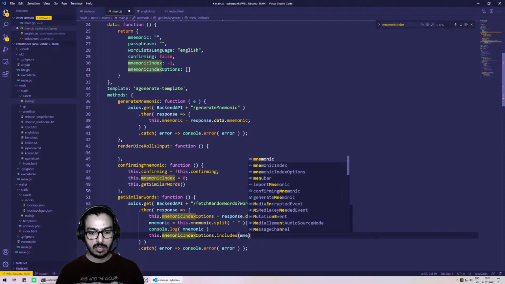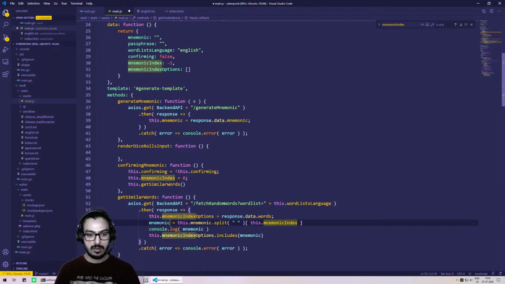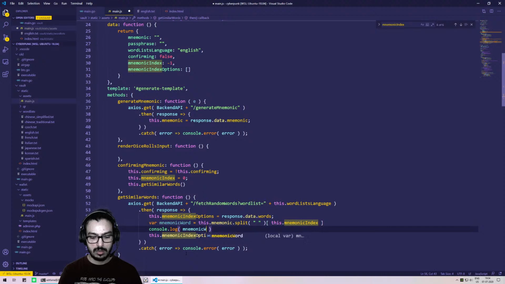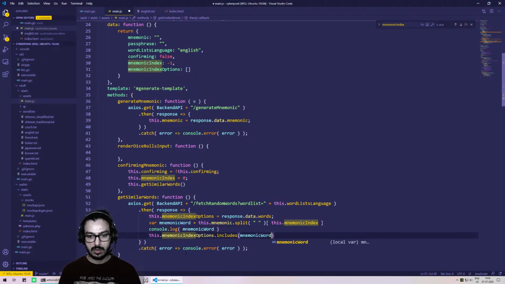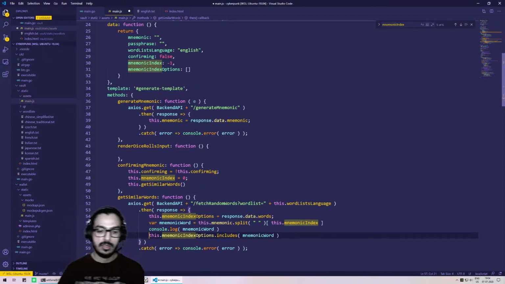Which in our case is, let's call it mnemonic word actually. Where mnemonic word, where mnemonic word, and where mnemonic word. If essentially this must be returning a boolean. So if this is included,